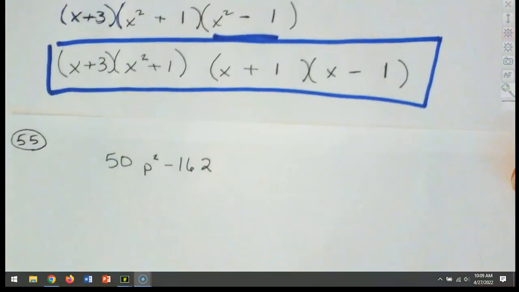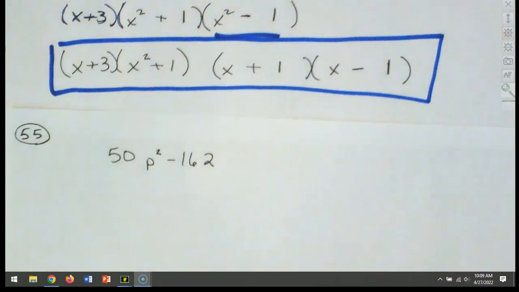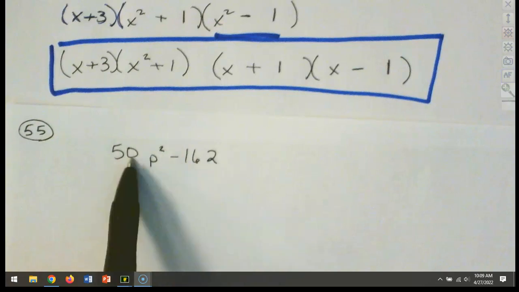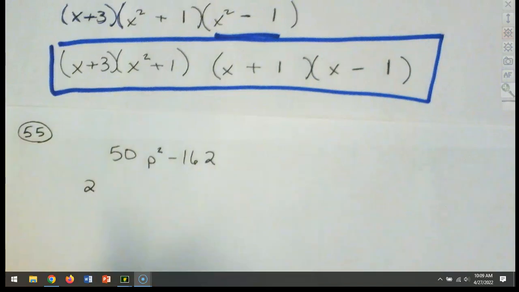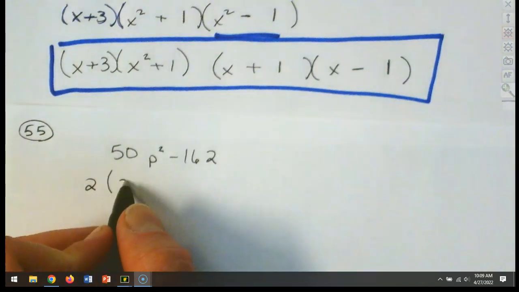Okay, well, where do I begin? Can someone tell me what I would do at the very beginning? Look at the numbers and tell me what to do. Okay, factor what can come out of there. Right, and I look at these because these are even numbers, so I'm going to start with 2. Now I might need to take out more, but I'm going to start with a 2. And a 2 is probably going to work because when I take a 2 out, that leaves you with a